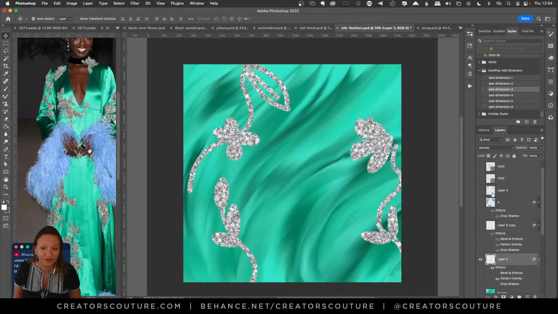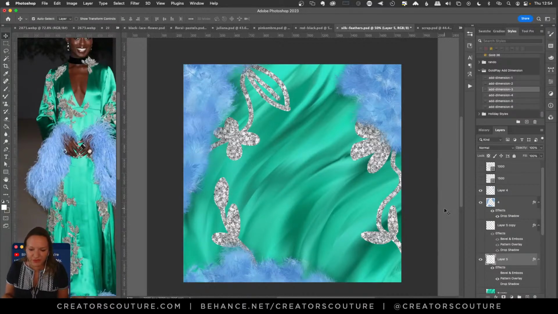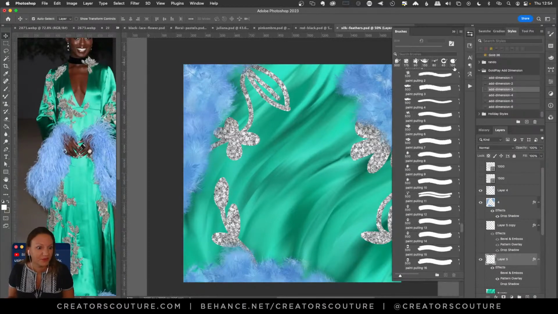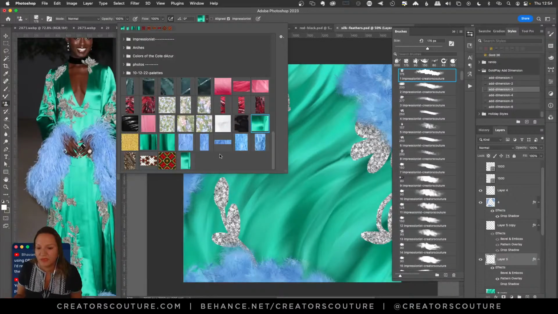And then for the last part, I added some brush strokes using my Feather Couture Fantasies, the Feathery Brush Collection, brush number 4. Anytime I saw a feather, I thought, okay, I've got a brush for that. In this case, we're going to go back to the pattern stamp tool. And of course, I made my own little color palette sampling directly from this image. Here are the images that I sampled.